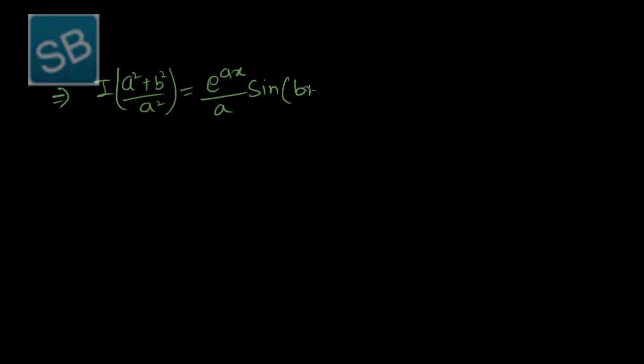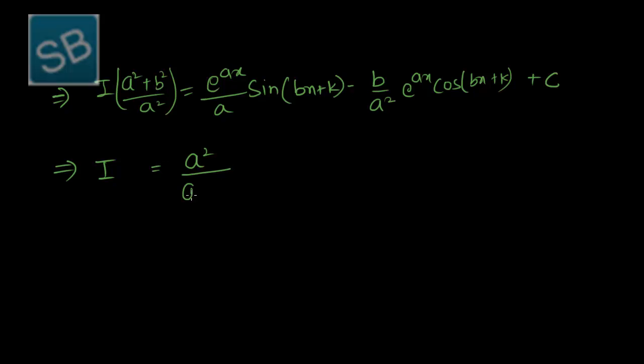So we get I into (a square plus b square) over a square, which is equal to e raised to power ax over a sine (bx plus k) minus b over a square e raised to power ax cos of (bx plus k) plus c. So from here we get